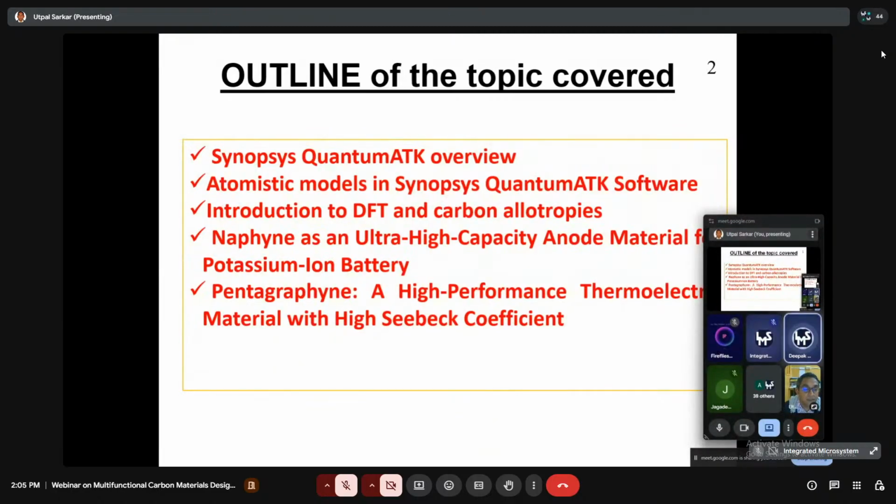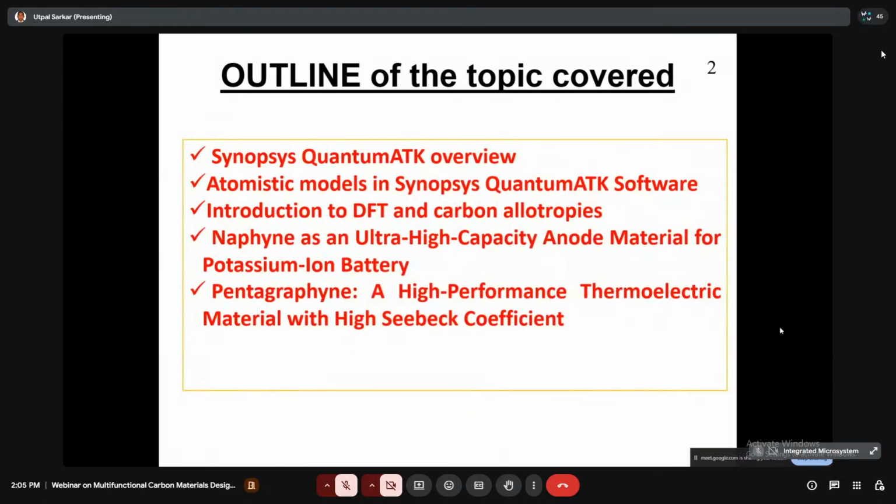Sir, sorry for the disturbing. Sir, just you can click on the cross sign on the screen of the right panel. Pardon? Click on the cross sign. Sir, click on the cross sign. Yeah, cross sign, cross one. Yes, now it's fine, sir.